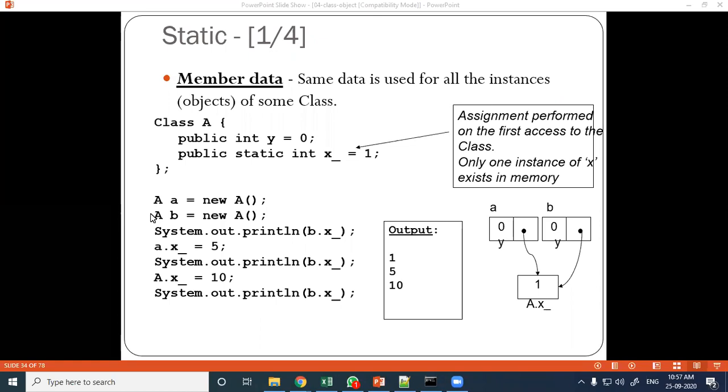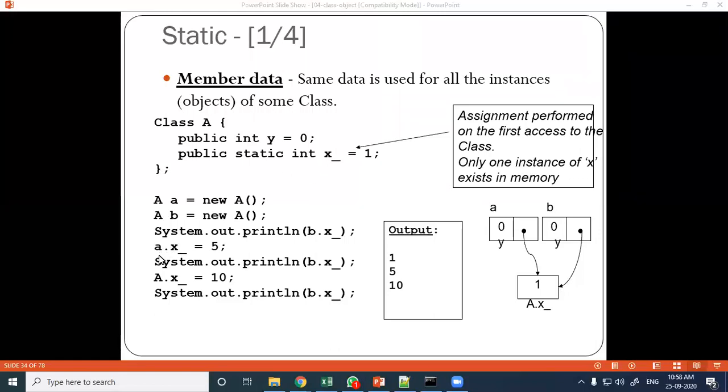And here you have seen the example: A, small a and small b are two objects created here. When we print b dot x underscore, it will print the value 1, because 1 is initialized at the time of creation.